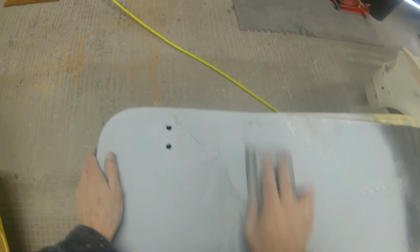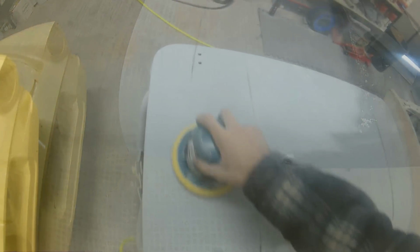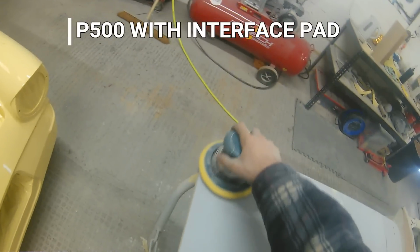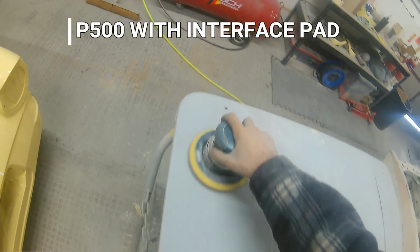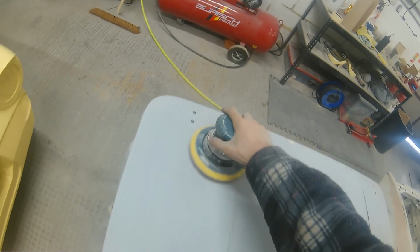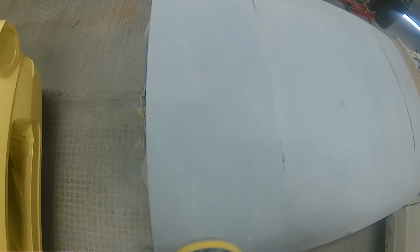Now I won't work that edge much more than that. I'll block it out as close as I can get it up to a point where I feel comfortable, and then any edges and tight spots like that, I'd rather finish that off with a disc or with a soft back sanding sponge by hand, just to be extra careful that I don't damage the shape of that swage line in the boot. And especially on an old car like this, all these little swage lines and panel lines are a lot of the character of the car, so you want to make sure that you take your time to preserve all those edges and sharpen and crisp them up as and where you can, just to make sure that this car does keep all its original character and all its original shape, whilst flattening it out and making it more of a concours finish